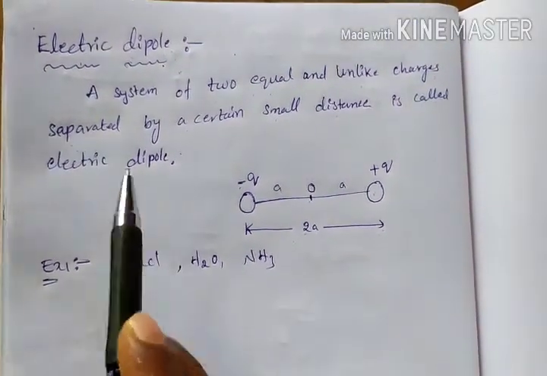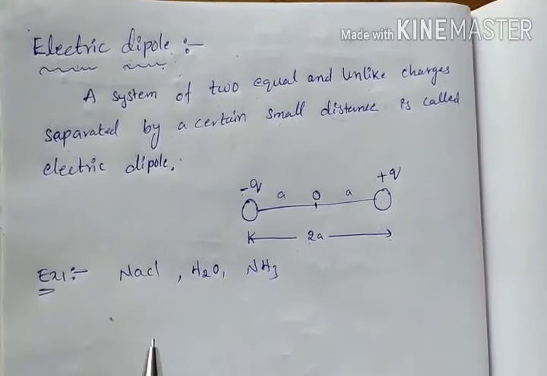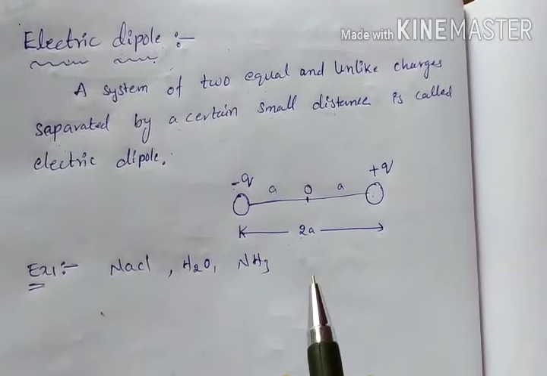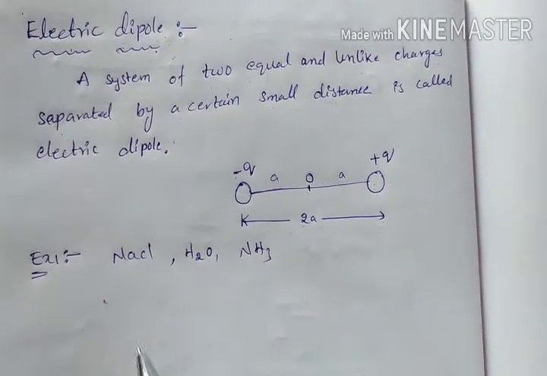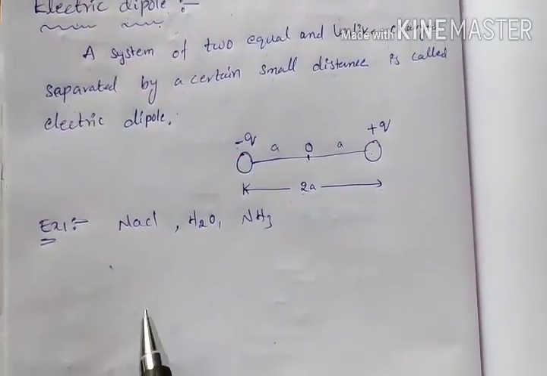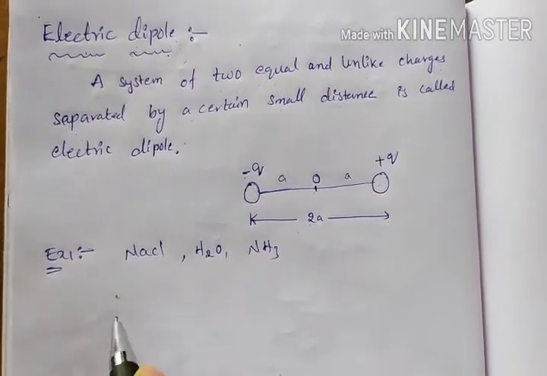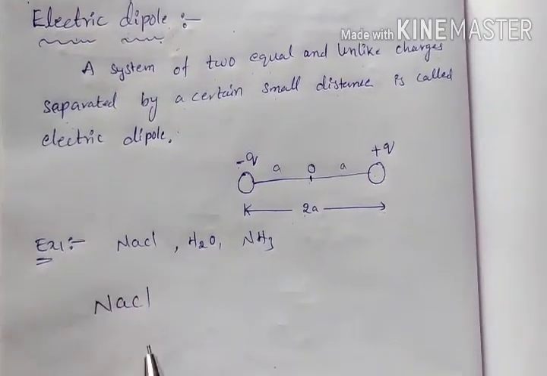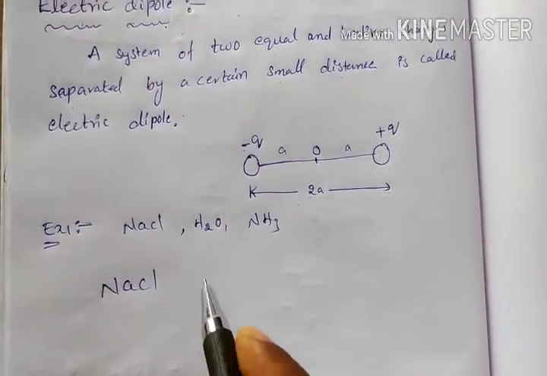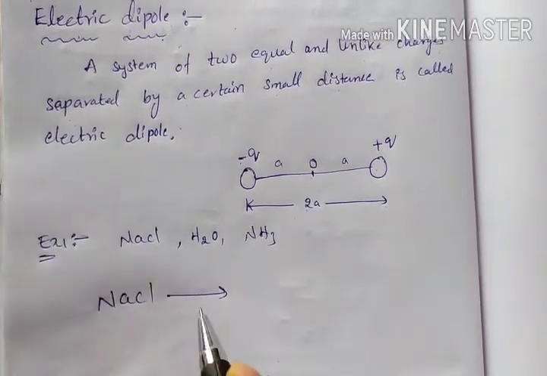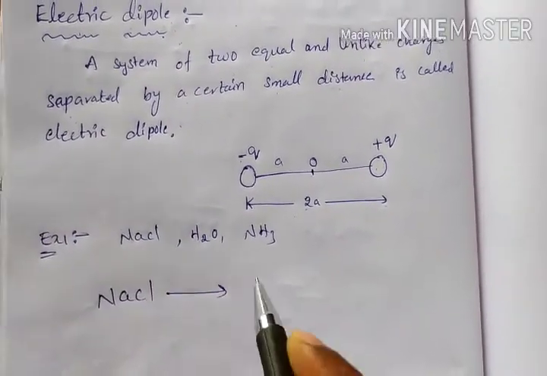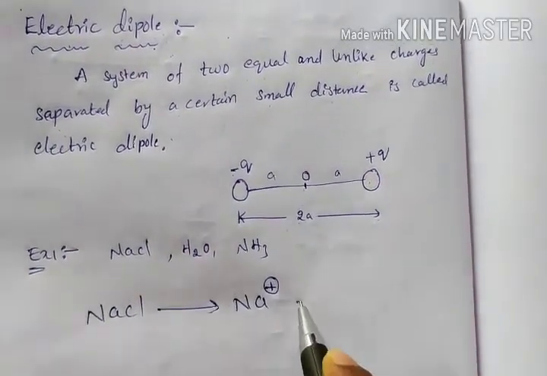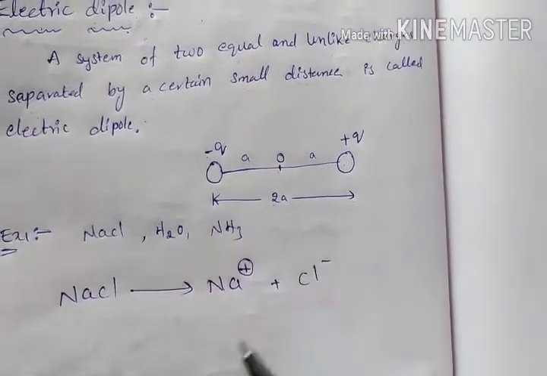All these kinds of examples we can say are electric dipoles. The electric dipole is useful to develop an electric field. Let me explain how it works by taking a small example, NaCl. Everyone knows NaCl, it is sodium chloride, which means we are talking about salt also. Before it reacts, it carries Na plus and Cl minus.